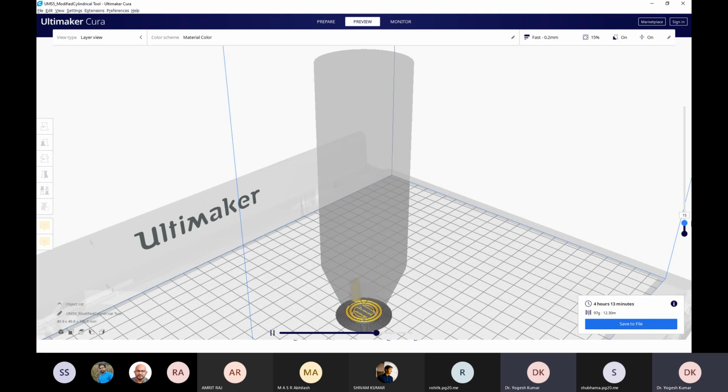For the convenience of time, let me increase the layer height. So now you can see how these layers will be created. These will appear exactly like this. Students, just confirm whether you are able to see the screen which is getting printed. Yes, sir. So this way we can print our CAD model, and this layer by layer printing takes place.